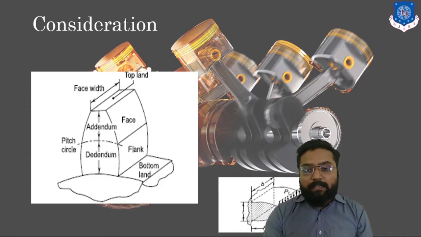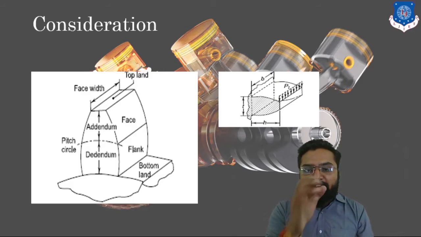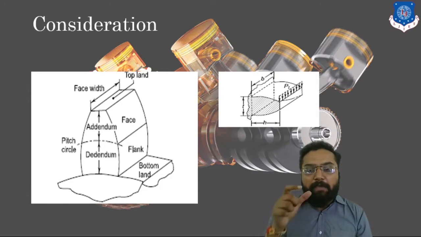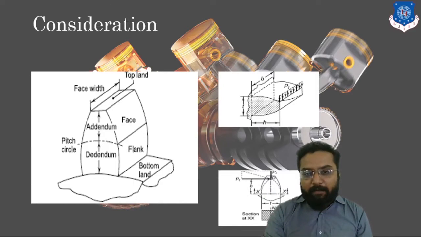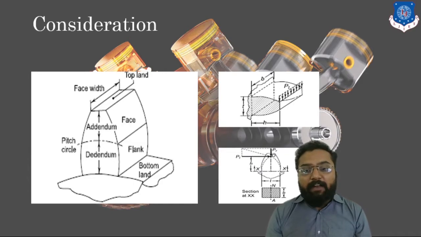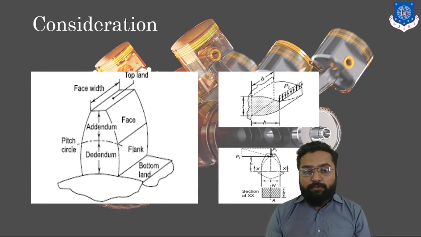One is to consider it as a cantilever beam. Here you can see our tooth is fixed at our gear bottom, and force is acting upon its one end. Here it has height H and B is its base. So in this consideration, we consider it as a cantilever beam, and then we will consider it under a static, or you can say compressive, stress.